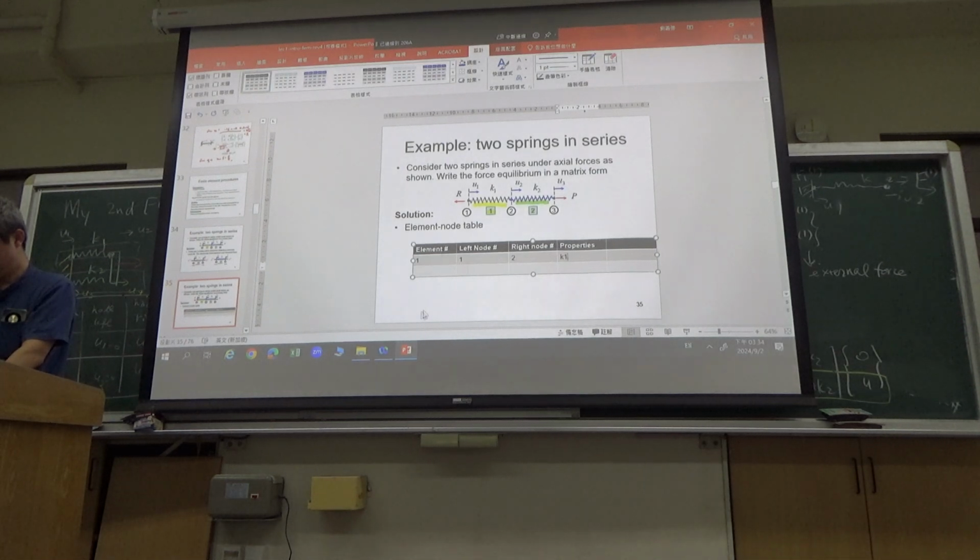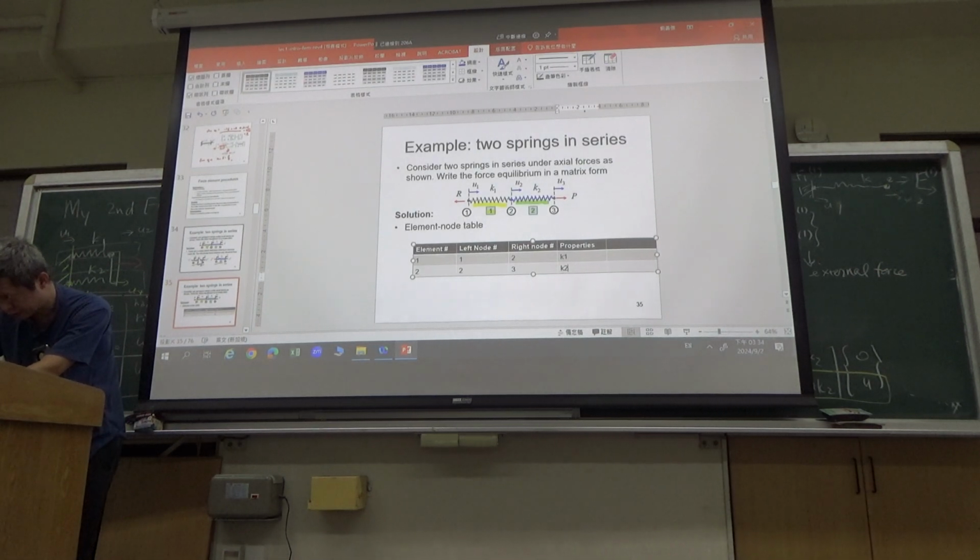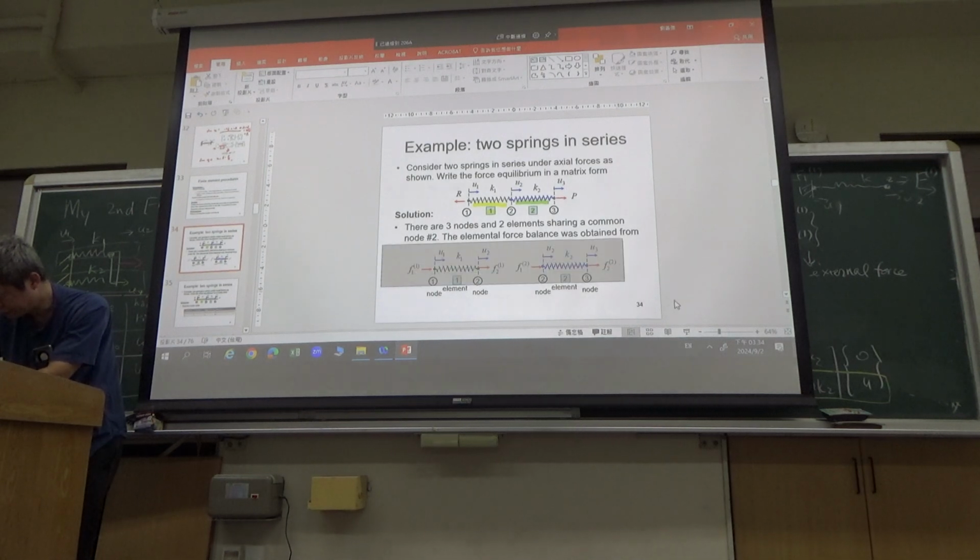You have element 2, left node is 2, third node is 3. Visually, you can see